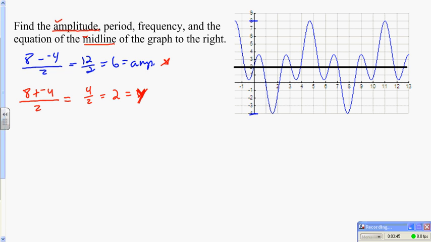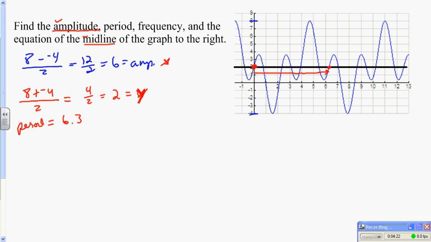Now we need period. Well, if we start here, how long does it take for it to repeat this pattern? We go up and down and up and down. This looks like it completes a cycle, but then it goes up, so it's still unique. Comes back down, and we get to here. Now from that point on, the pattern will repeat. So what is that length? Now, this is just on a number line, so we would say the period is equal to 6.2,